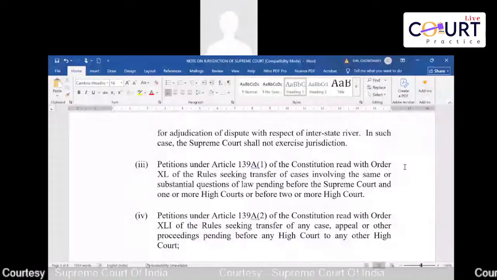Now, this has happened in a recent case, which is currently going on before the bench of Justice Pardiwala and Justice Madhavan, where the challenge is to various provisions of the GST Act on online gaming. Various petitions were filed before the High Courts and also 32 petitions before the Supreme Court. So the Supreme Court has transferred all those High Court petitions to itself in exercise of Article 139A(1). Now, under Article 139A(2), the Supreme Court can transfer any proceeding before any High Court to any other High Court.